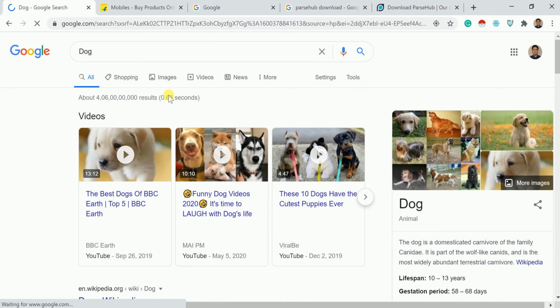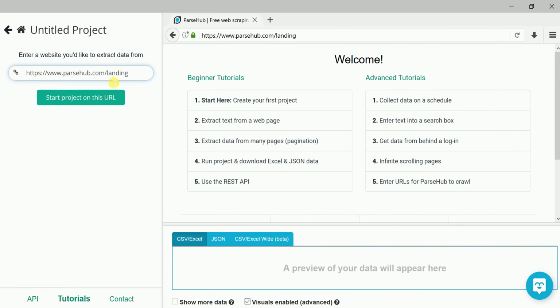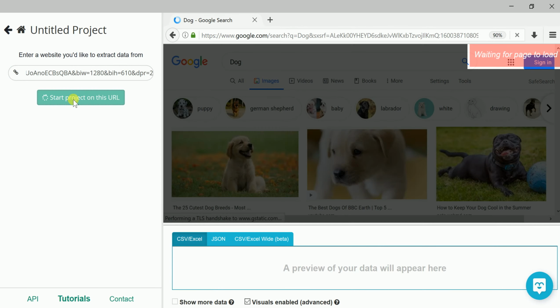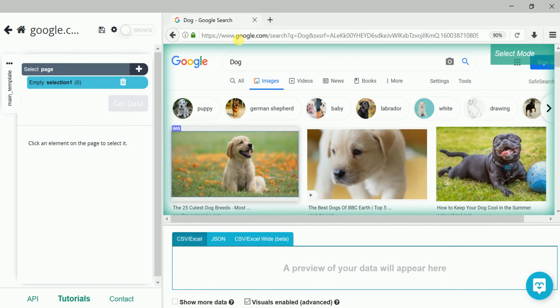I'll go for image, then I'll copy this URL. I can paste the URL either here or here, anything is fine. I'll paste here, then start project on this URL. Okay, it's showing the web page here.